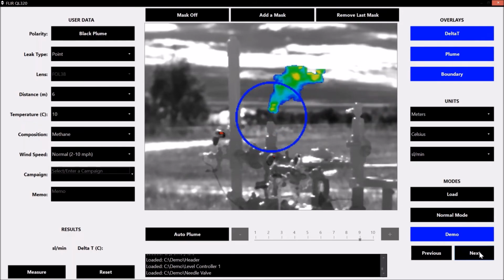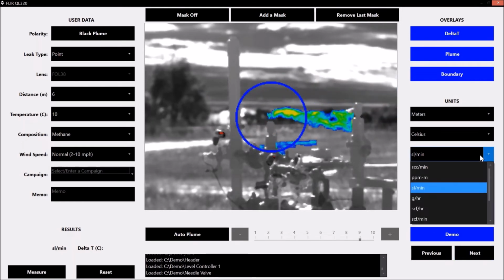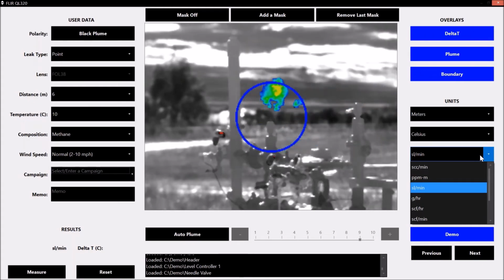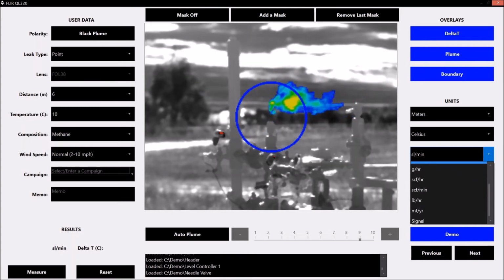It seems to me, in my experience over the last few years, everybody has a different way of doing it, in particular in regions. So the choices that we have for the variety of measurement units are going to be some of the mass, the volumetric, like cubic centimeters, mass, liters per minute. So you're going to have cubic centimeters per minute. You're going to have your concentration in parts per million meters, liters per minute, grams per hour, which is a